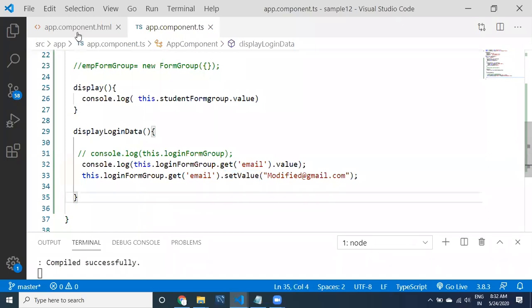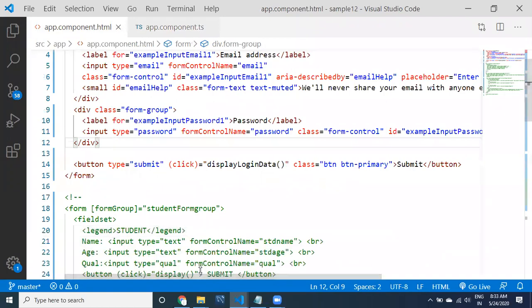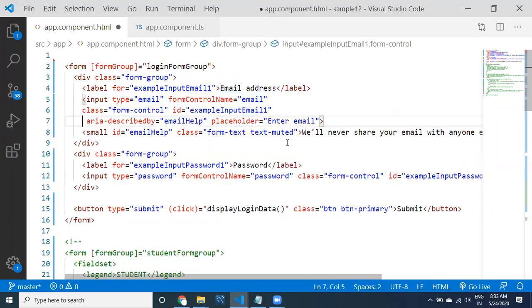Okay, now coming to the HTML, there is a very important new thing that I am telling you. I want to provide something here for the email. What is the type here? The type is email, right? Remember this. When it is email,